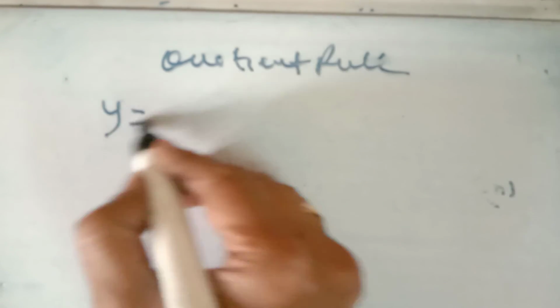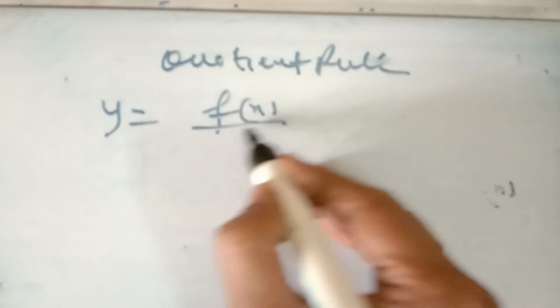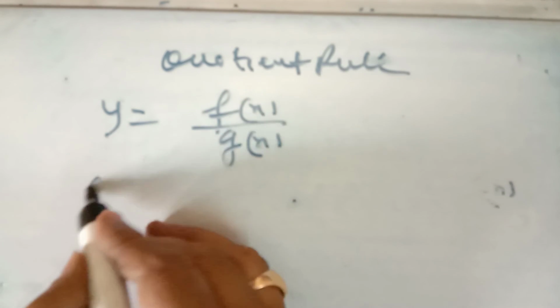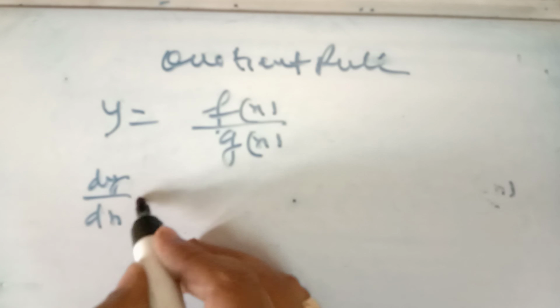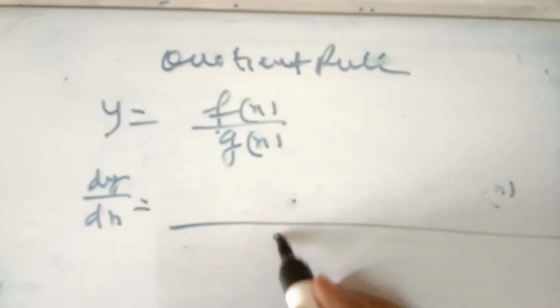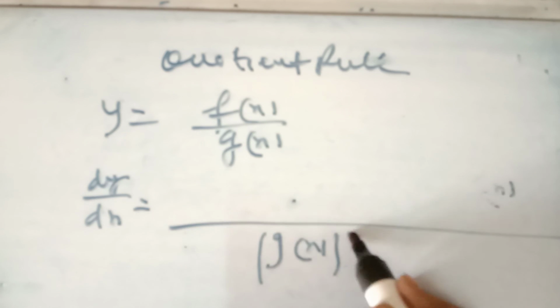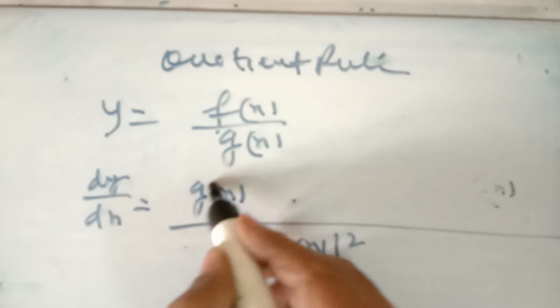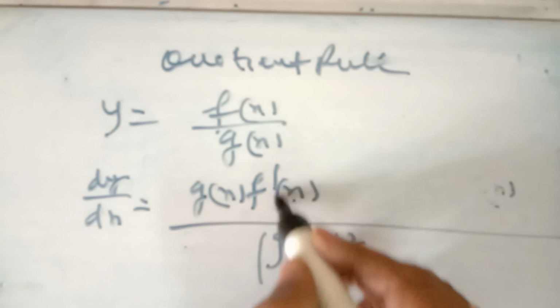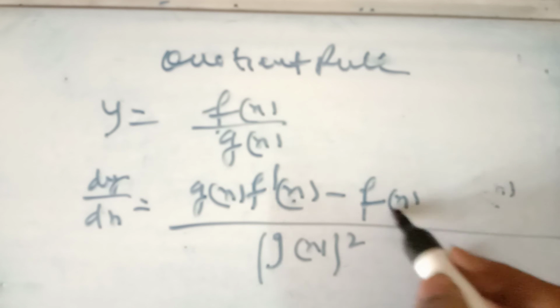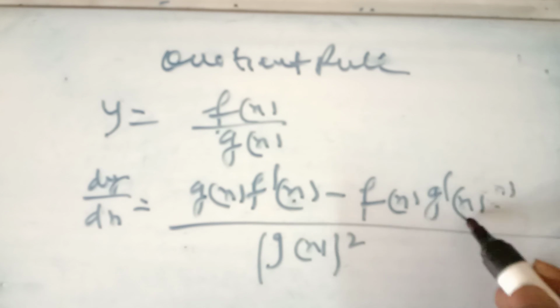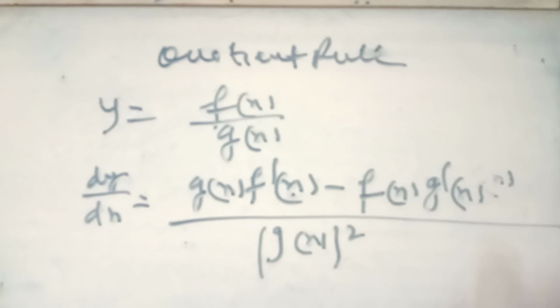And after that, we have done the quotient rule. Suppose we have f(x) upon g(x), the quotient of the two functions. So its quotient rule is: square of the denominator, derivative of the numerator minus numerator, derivative of the denominator. ये हमारा quotient rule था. Okay, we'll continue in the next lecture. Thank you.